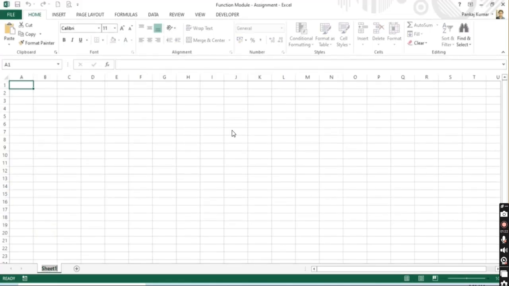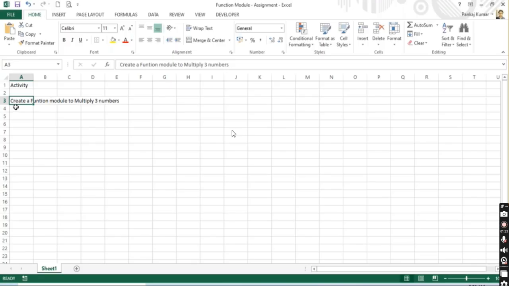So I'll share the screen. Let me give this assignment first. For the first assignment, the activity will be with the function module. Create a function module to multiply three numbers. You have to pass the three numbers and you have to get the result. So create a function module to multiply three numbers and get back